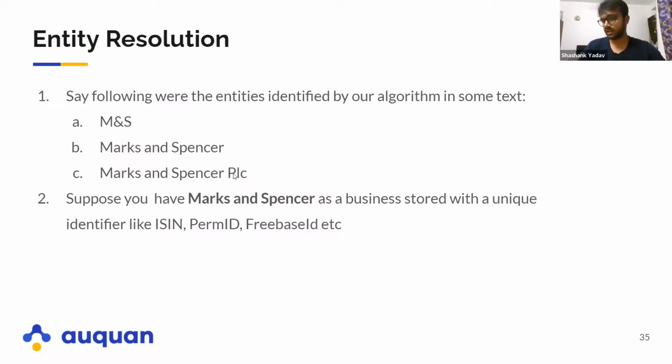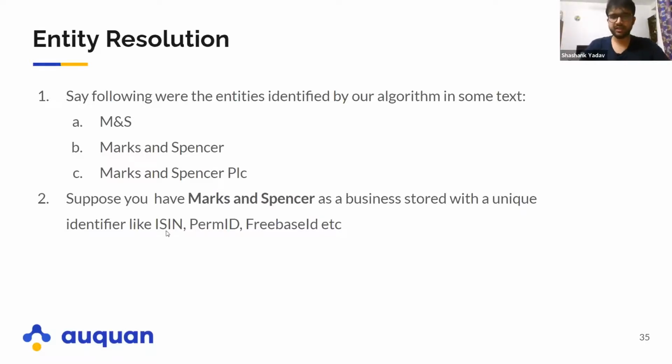Marks and Spencer PLC. We know that all three are the same organization, but our algorithm doesn't really have that information so far. It would have marked each of them as an organization, but it won't know that they are the same organization because the names are different. Then suppose you have a database in which you have Marks and Spencer stored as a